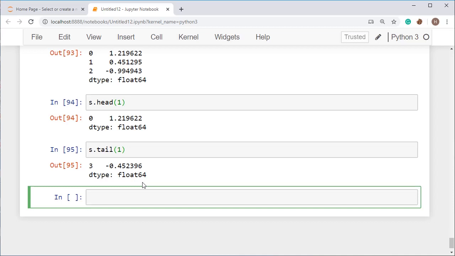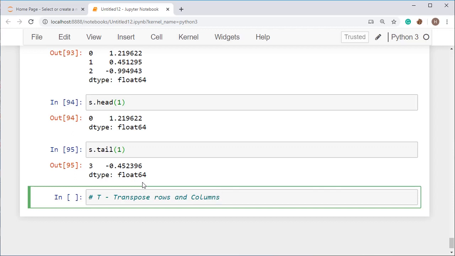Okay, now I am going to show you something on data frames. The first important one is T, which makes a transpose of rows and columns. I hope you are familiar with the transpose functionality in matrices.